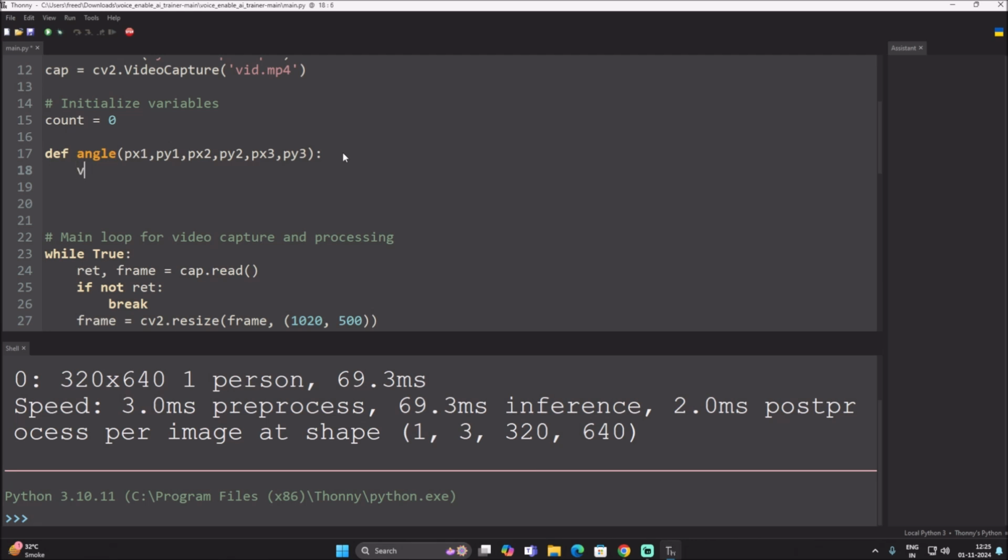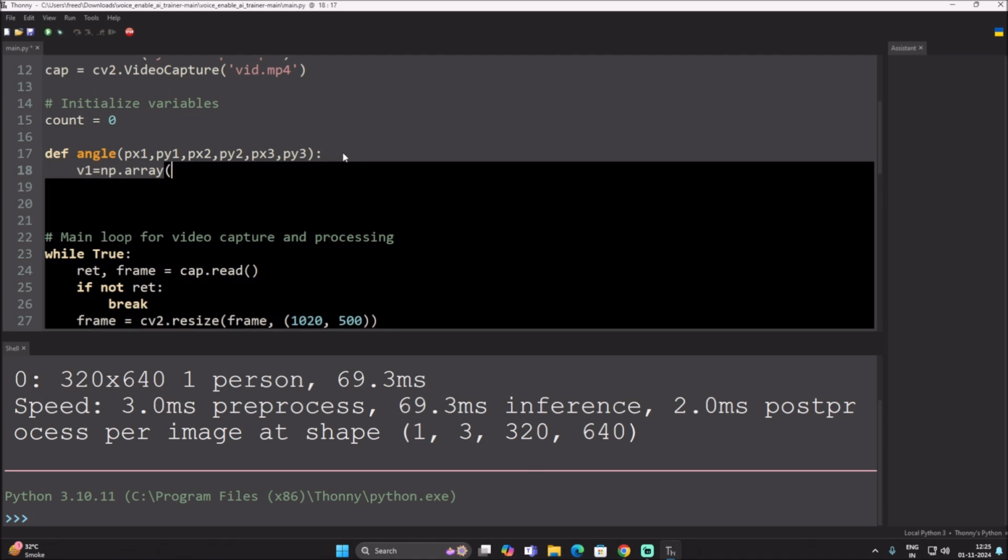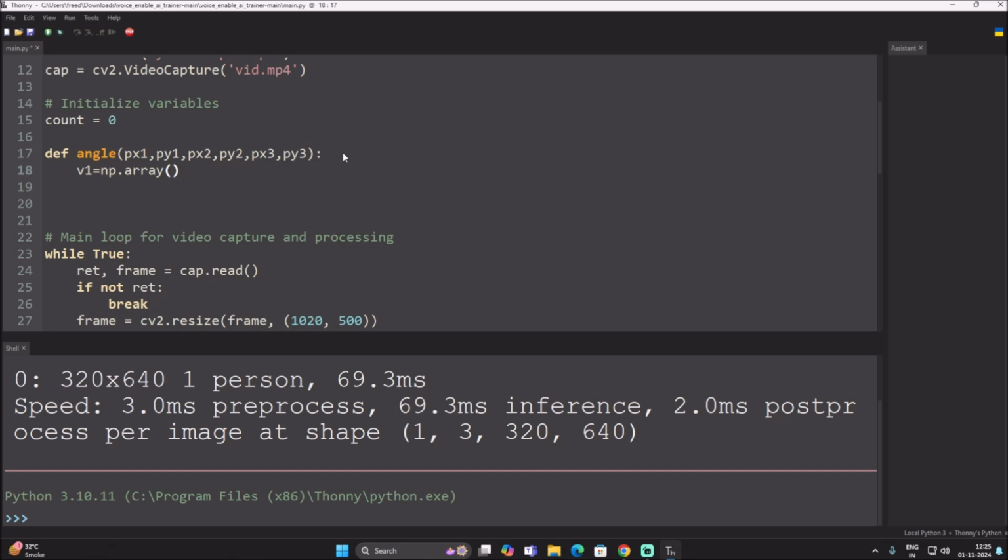So let's just start first. Mention v1 is equal to np.array, and then we will mention our px1 and py1. So like this way, simple bracket, then square bracket, and mention px1 and py1 minus